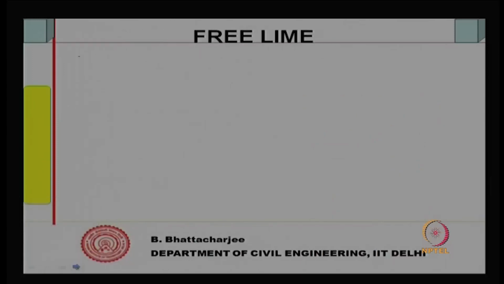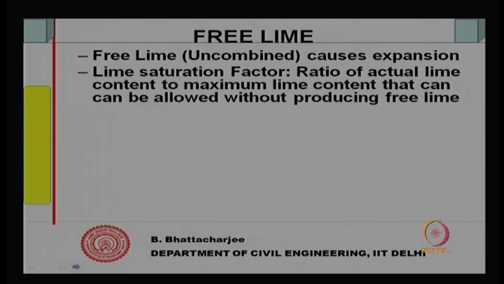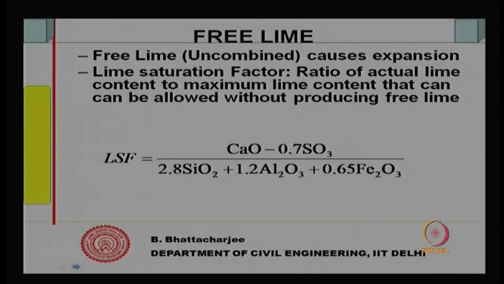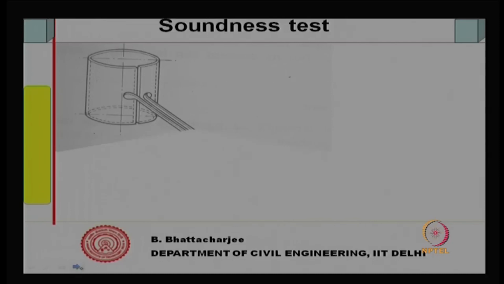Now, let us see how we determine free lime in cement. Free lime causes expansion, and we have defined the lime saturation factor as the ratio of actual lime content to the maximum lime content that can be allowed without producing free lime, right. Remember that we discussed this equation earlier in the context of cement production. So, free lime is an important issue, because the more the free lime, the cement will have unsoundness. So, the soundness test of cement is related to free